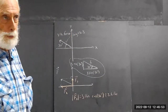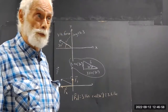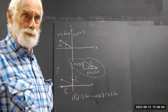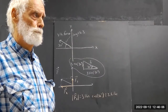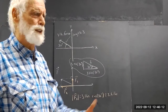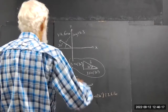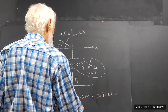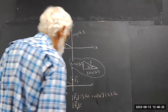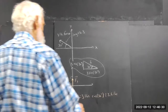You should know that the cosine of 30 degrees is the square root of 3 over 2. And the square root of 3 is about 1.732. That gives you about 0.867. 1.732 divided by 2 is 0.86. I said 0.86, but I think it rounds up to 0.87. Anyhow, I'm not going to belabor that. Something in my mind is sitting right there. I think I'm off. Okay, anyhow, Fy is 3 pounds